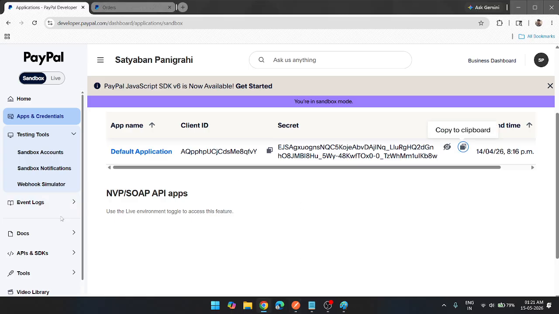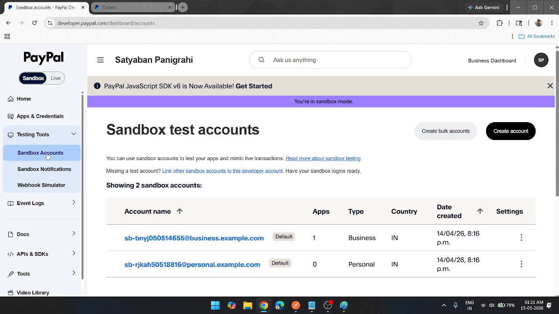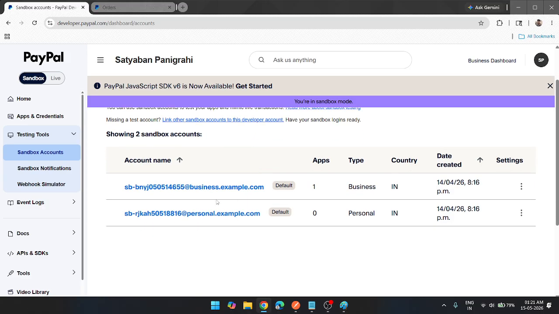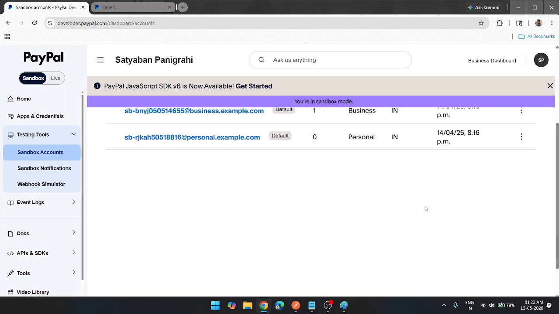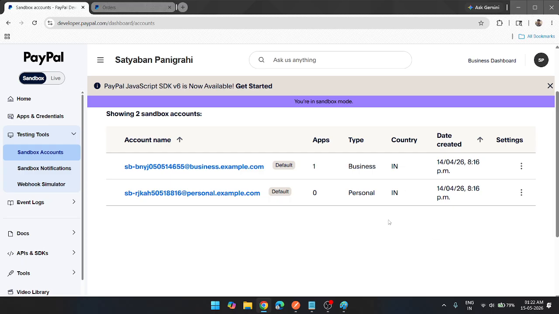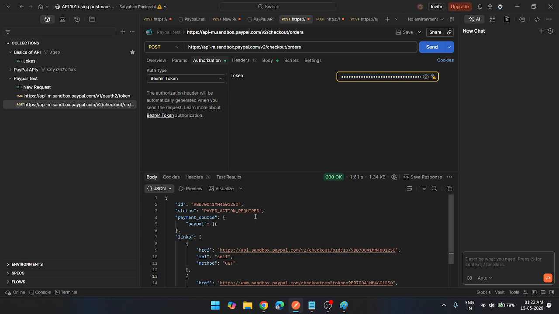So PayPal has this something. By default, it creates two types of account. One is the business account and one is the personal account. Both are automatically created when you create the account. So to do this payment,